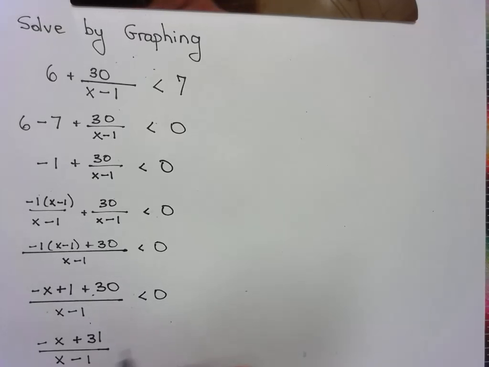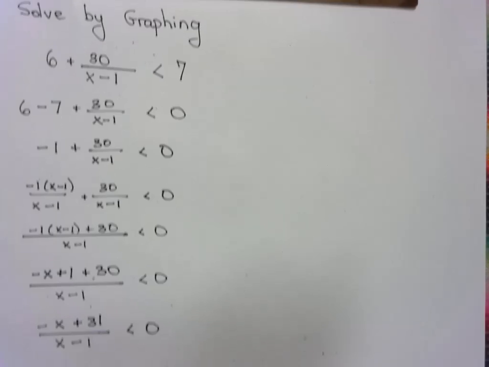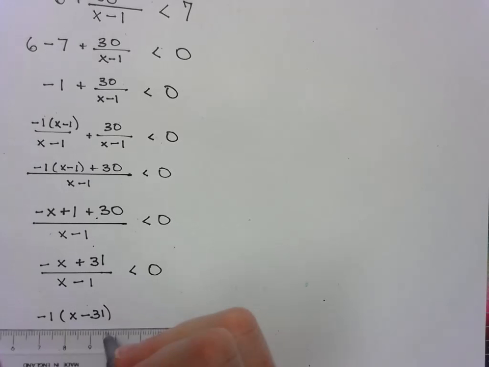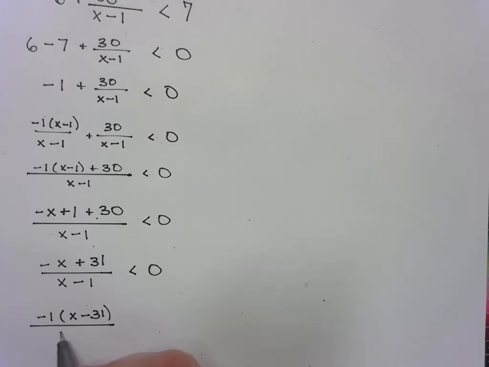Now, because I normally don't have a negative x expression when I'm dealing with a factor, I'm going to actually factor out that negative 1. So I'm going to have negative 1, and I'm going to have x subtract 31 all over x minus 1